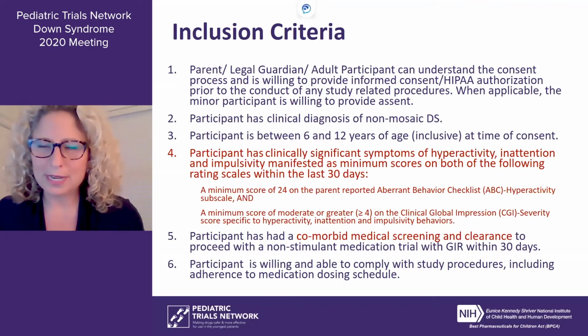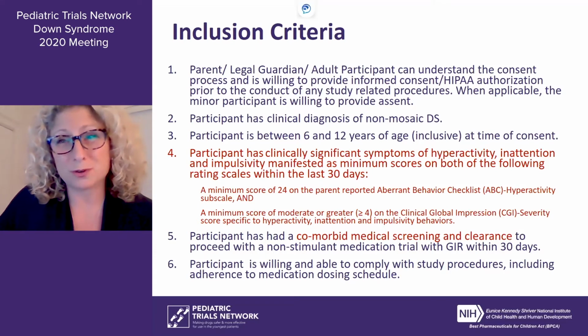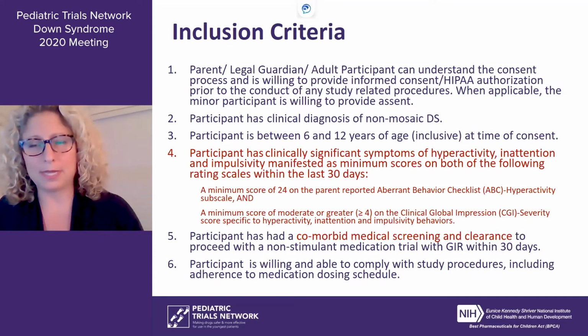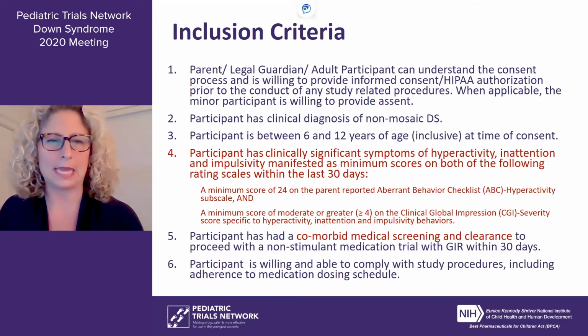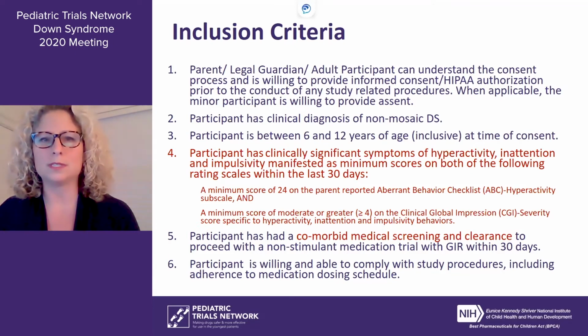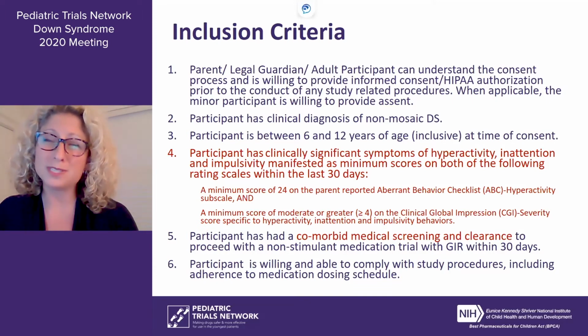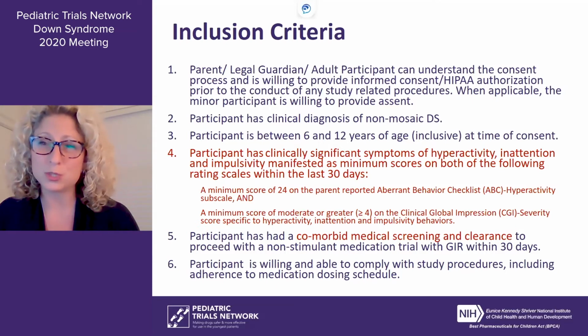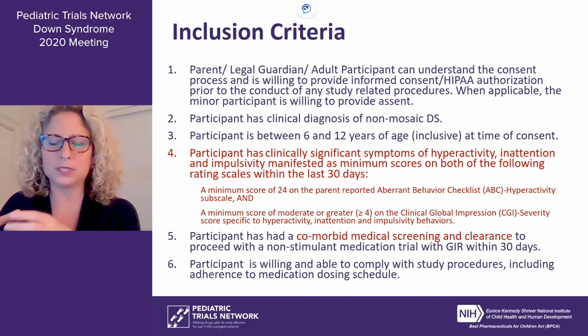All right, so bear with me for the next couple slides. I can't talk about the protocol without talking about inclusion and exclusion criteria, but they are a lot. And so I'm going to try to do a little bit of an overview and go as quickly as I can. So of course, in order to be included in the study, patients need to consent. And so that first is through consent. The second is that the patient has to have a clinical diagnosis of non-mosaic Down syndrome. And we were intentional on that after discussion with some of our thought leaders, to keep it as clearly delineated